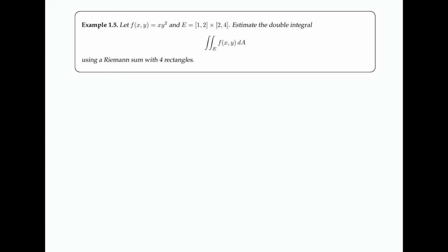In this example, we're given a function xy² and a rectangle E. We want to estimate the double integral of that function over the rectangle using a Riemann sum. Now, before we actually get to the example, I just want to talk a little bit about the idea of